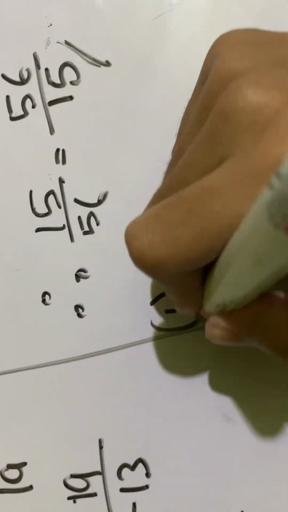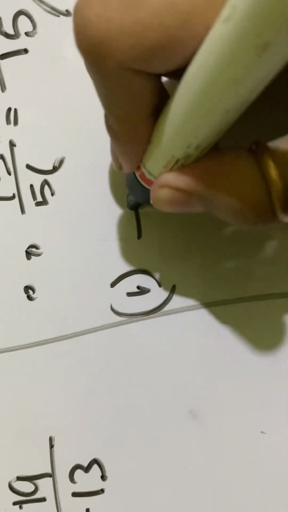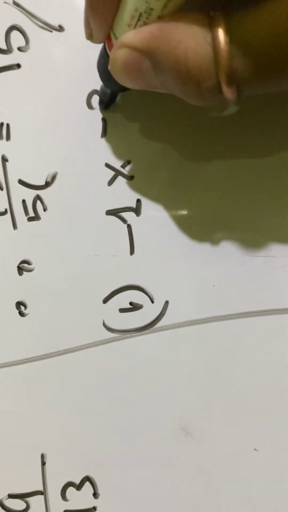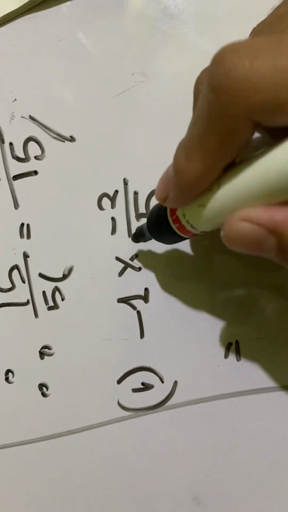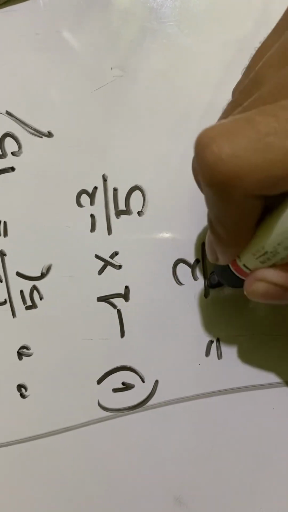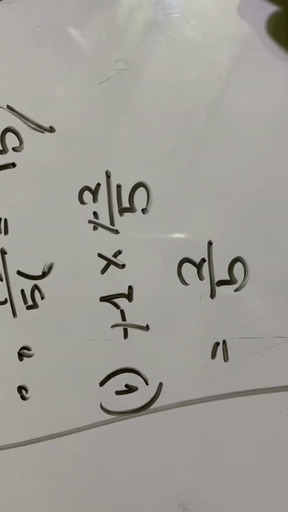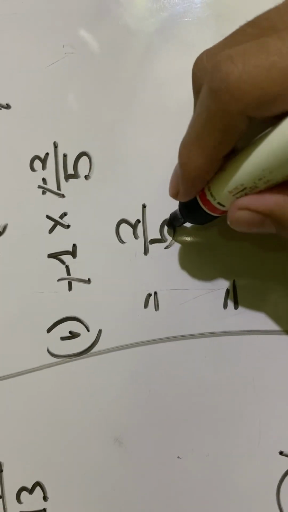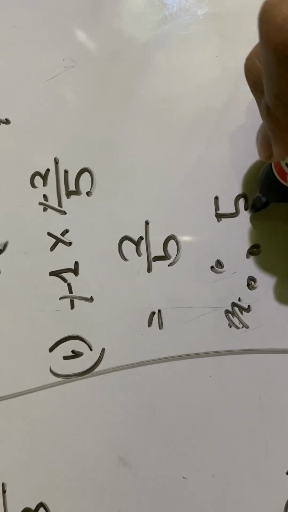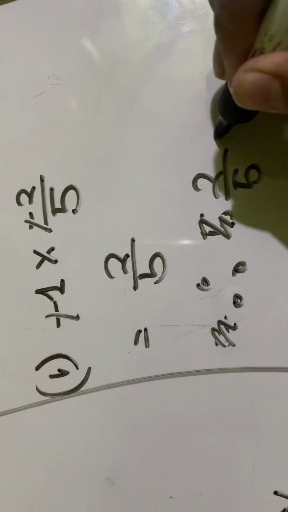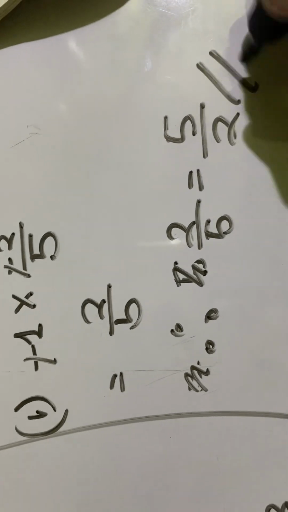Then 5, minus 1 into minus 2 by 5. Okay, if we multiply this, it will come 2 by 5, minus cancel outs. Then the multiplicative inverse of 2 by 5 is 5 by 2. Okay, the next question number 6,